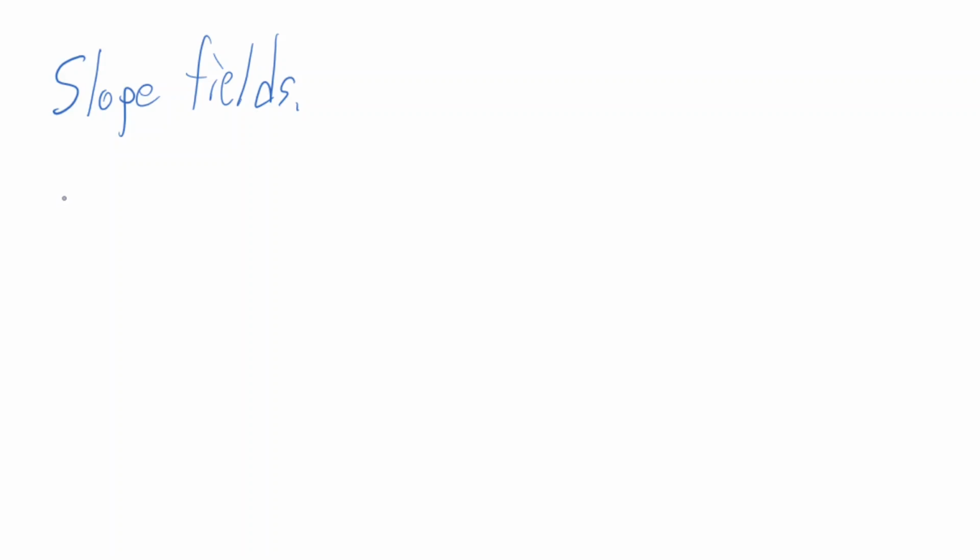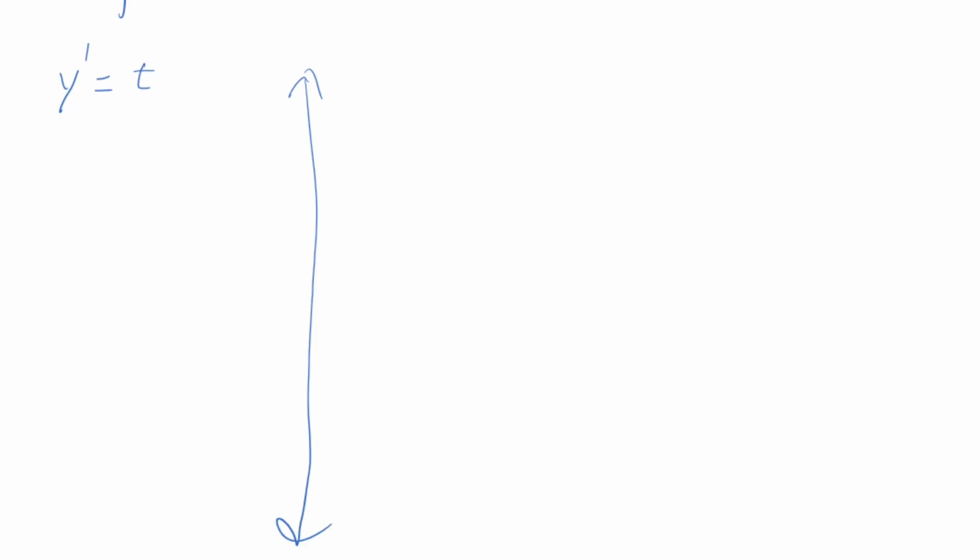Our first example will be one that we probably can solve with regular old integral calculus tools. We'll look at y prime equals t. Now, the way this works is first our axes are t and y. Pay close attention to that. And then at each point t comma y, we're going to draw a little dash whose slope is given by